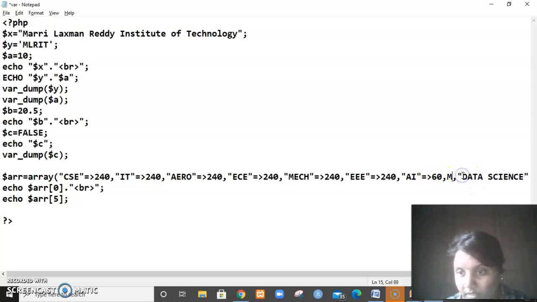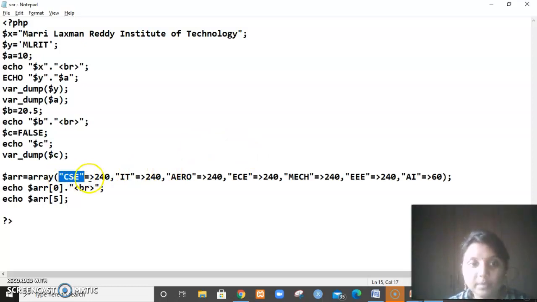Okay, so like this we have given a few values, and I'm removing this. This is one way of writing an associative array. We call them associative arrays in PHP. This is a key and this is a value. Key-value pairs we call them.